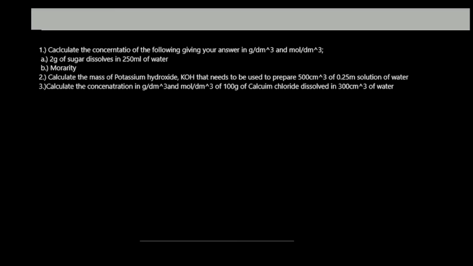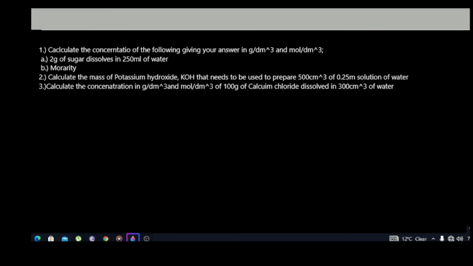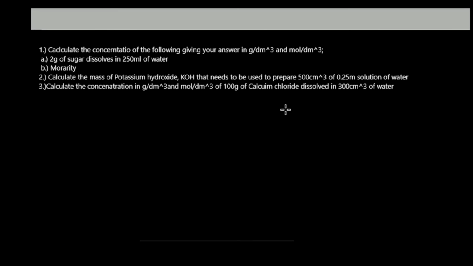So this other question is saying, calculate the mass of potassium hydroxide, KOH, which is the formula for the compound, that needs to be used to prepare 500 centimeter cubed of 0.25 molar solution in water. So how can we solve such a question? When solving such a question,